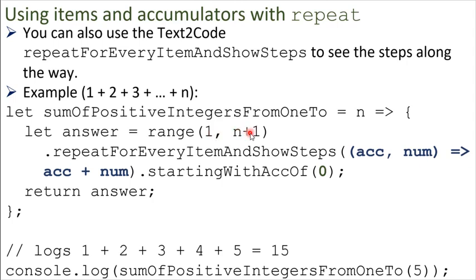And so what do we want to do with all of these integers? We want to add them all up. So you'll notice here we have ACC plus num. We're going to add the accumulator to the number, which I'll talk about in a little bit here. And then we're going to start with an accumulator of 0. So the way this works is, I'll show this on the next slide here,